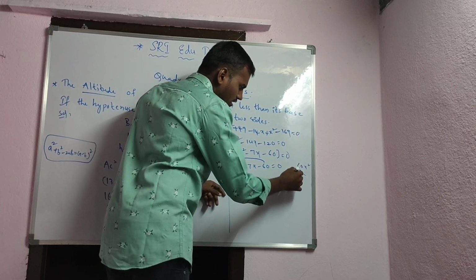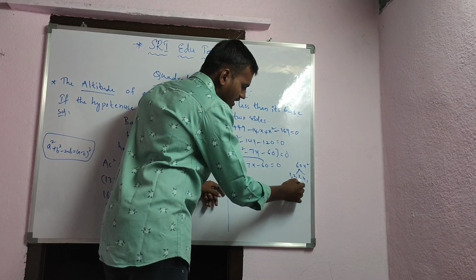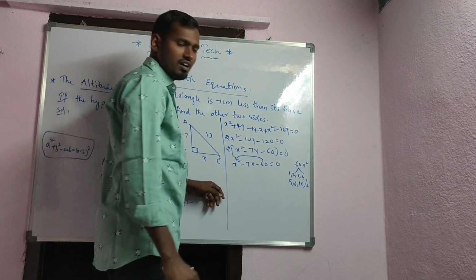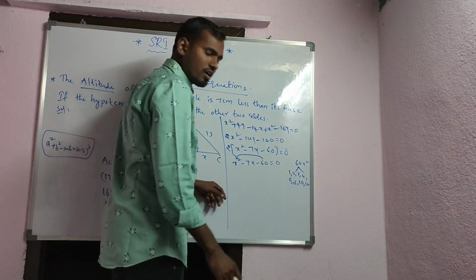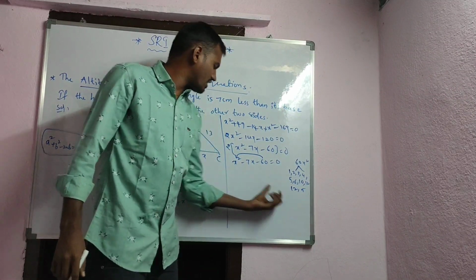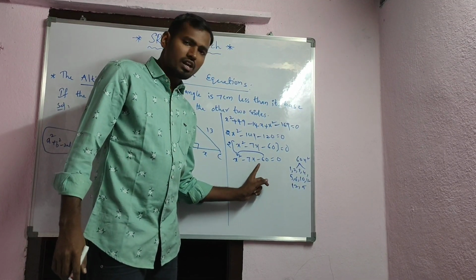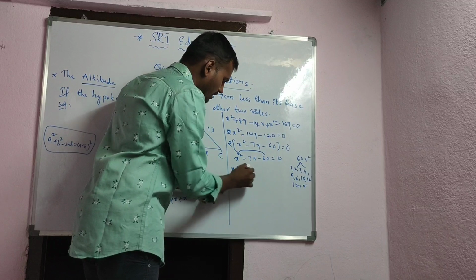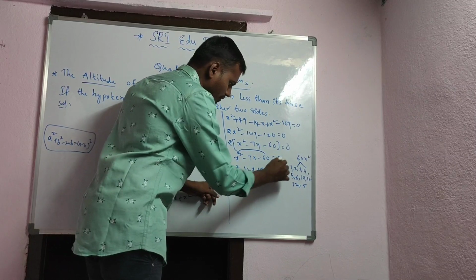We have 1, 2, 3, 4, 5, 6. Okay, next 10, 12, right? I am taking 2 numbers only, one is 12, another one is 5. Okay, right, I am taking 12 comma 5. If I subtract these two, I will get that middle value. See, 12 minus 5 is 7. Okay, right? So do it. x square minus 12x plus 5x minus 60 is equal to 0.